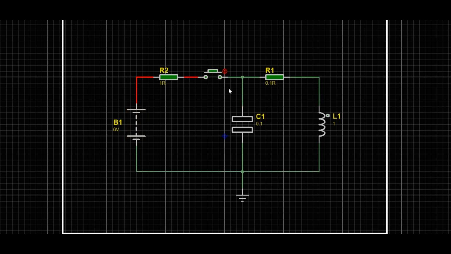Understanding the process: when we press the push button, the capacitor starts charging through the resistor from the 6V battery. When we release the push button, the circuit changes. Now, the capacitor starts discharging through the inductor. This discharge creates an oscillating current because of the interaction between the capacitor and the inductor. This type of oscillation is called natural oscillation, as it happens without any external force once the circuit is set